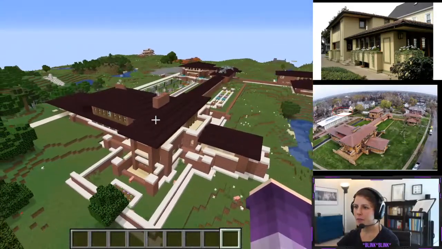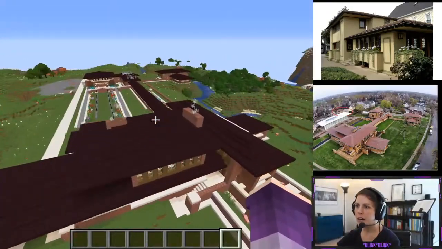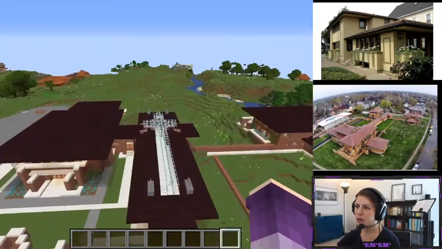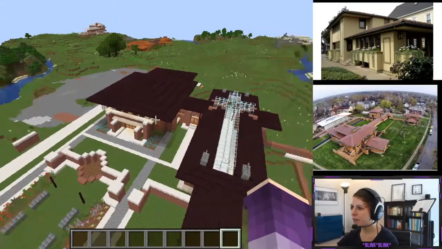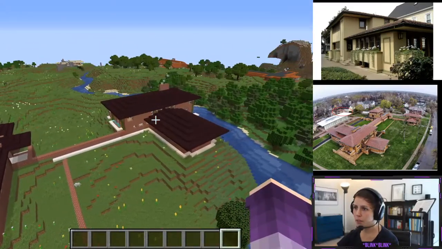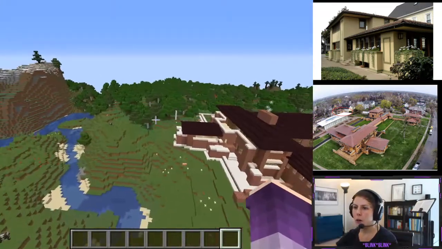So this is the main house here where the Martins lived. Then there's this long pergola, and a greenhouse garden for Mrs. Darwin. And this is the carriage house over here. And then this is the Barton house, which was for Darwin Martin's brother. So Mr. Martin was